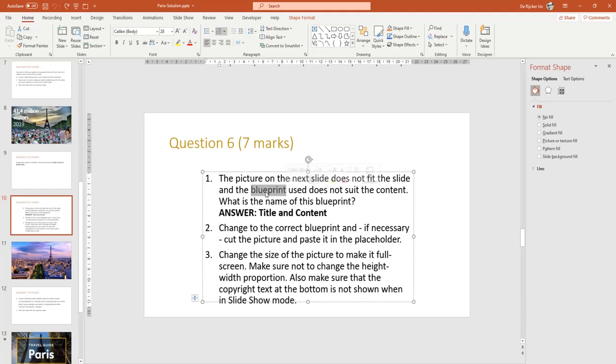I would have to look up a definition. It means like the basis for future slides. It's a specific layout, a specific order of elements that you put in a layout that you can use for future slides. So what is the name of this blueprint? What is the name of this